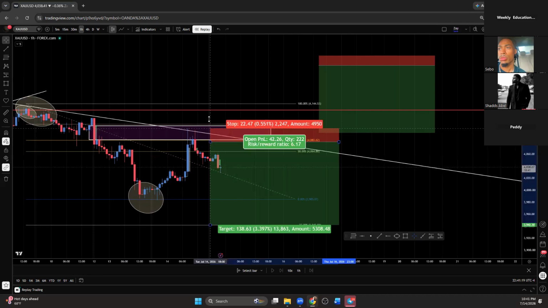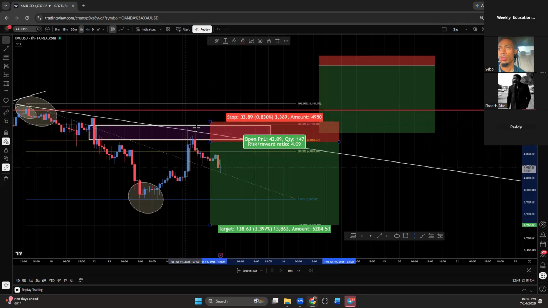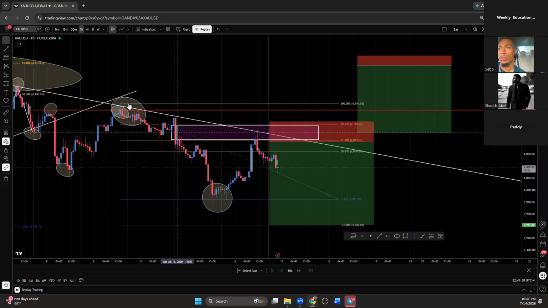I mean, it depends on what time frame I'm looking at, because I would have seen these rejections, then I would have been okay with placing it here. But safely, I would have probably placed it above this area to be more conservative, but more aggressive right below these wicks. But literally, entering off this FVG, understanding that you're actually trading in the direction of the trend, that's really all you need, guys.